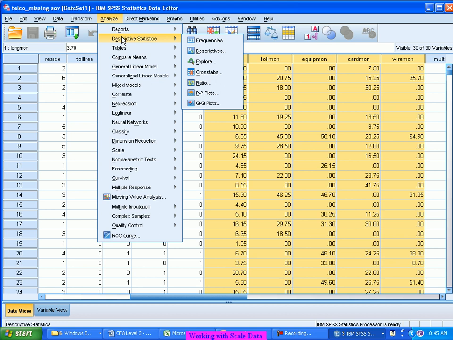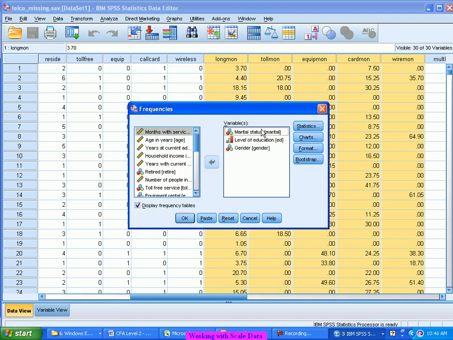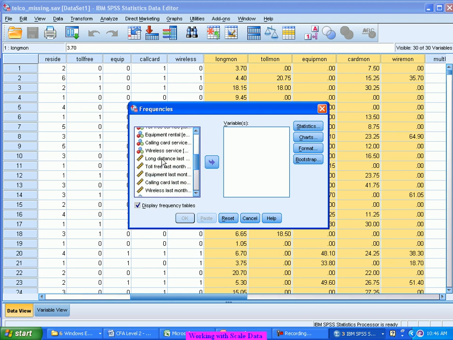A full-fledged analysis of scale data can be obtained through one of those two, again taking one variable at a time. All right, so let's go with the frequencies part. I'll show you what all you can do in case you come across any scale data. I'll pull back these 5 scale data: long distance last month, toll free last month, equipment rental last month, calling card last month, wireless last month. These are the 5 bills of all the 1,000 customers. I'm taking these 5